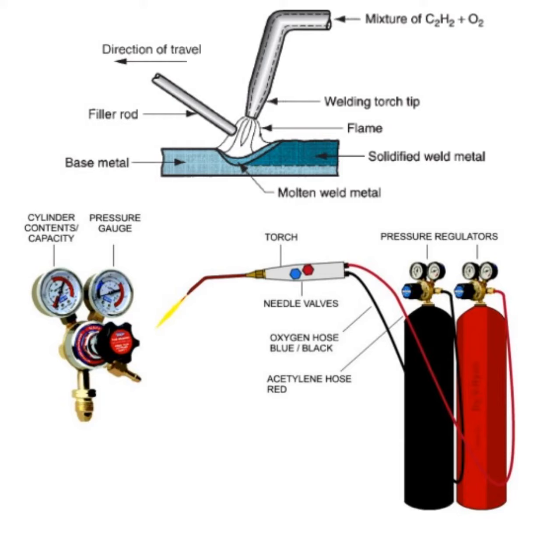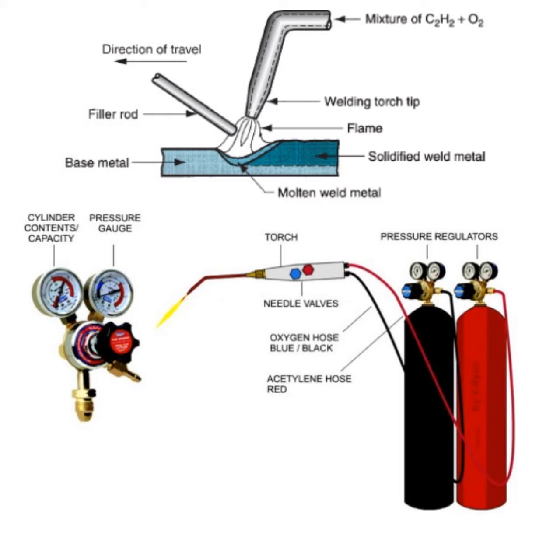Oxyacetylene welding is a two-stage welding process. In the first stage, a mixture of acetylene gas and oxygen gas reacts together and forms carbon monoxide gas and hydrogen gas with the liberation of some heat. In the second stage, the carbon monoxide gas and hydrogen gas further react with oxygen gas and form carbon dioxide and vapors of water. The total heat liberated in the two stages is 55 × 10^6 joule per meter cube.